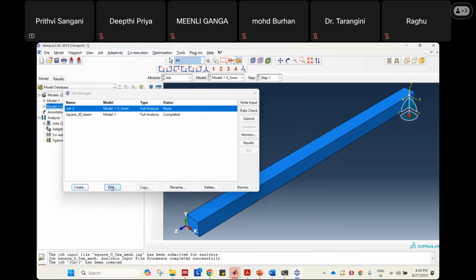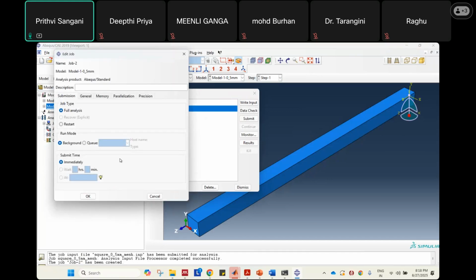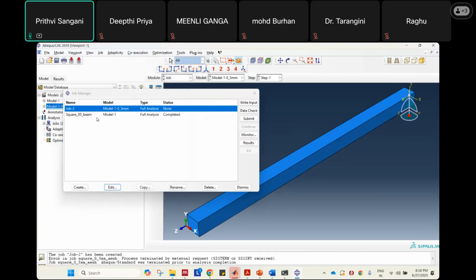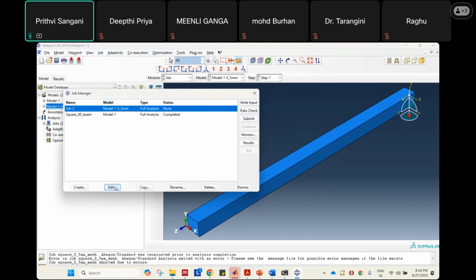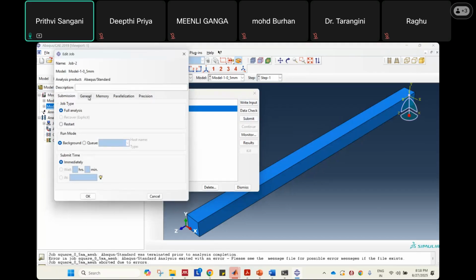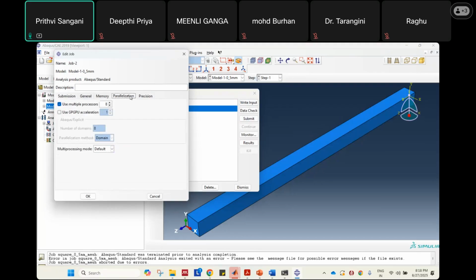Yeah, so this is again something new which I wanted to tell you. So far, when we are submitting a job, we just create a job and say submit. Instead of that, if you have knowledge about your system, your laptop, and if you know how many cores you have, so